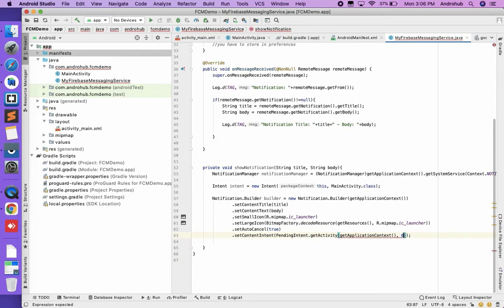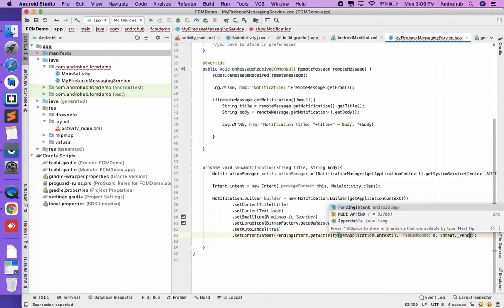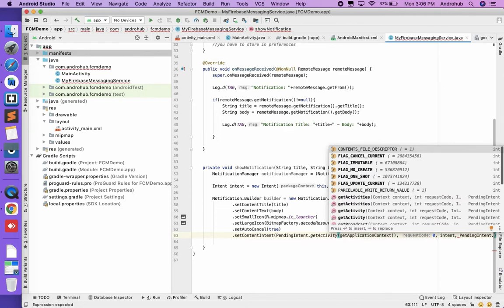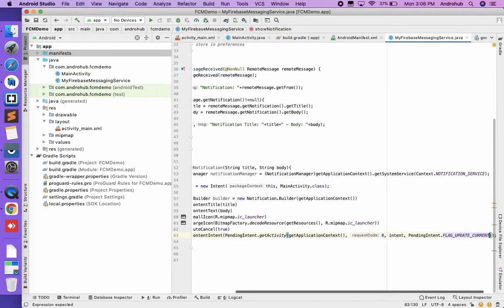Okay, so here the int is your request code. After that we have to pass the intent. After that PendingIntent.FLAG_UPDATE_CURRENT. Okay, so here this is your current context. After that we have the request code. The request code in the pending intent is used to identify the pending intent and the current intent, where it should go, and this is the flag.